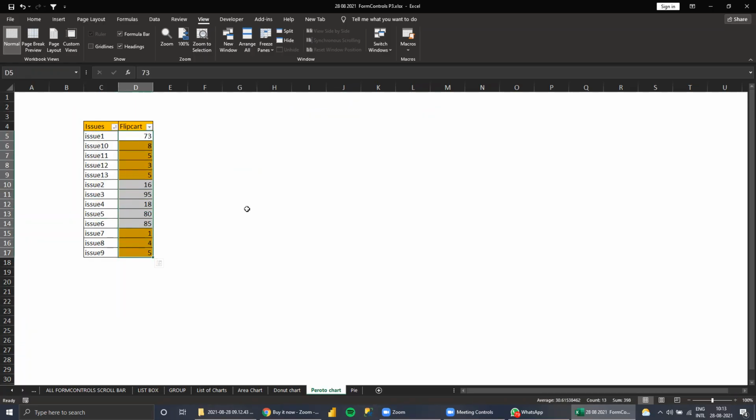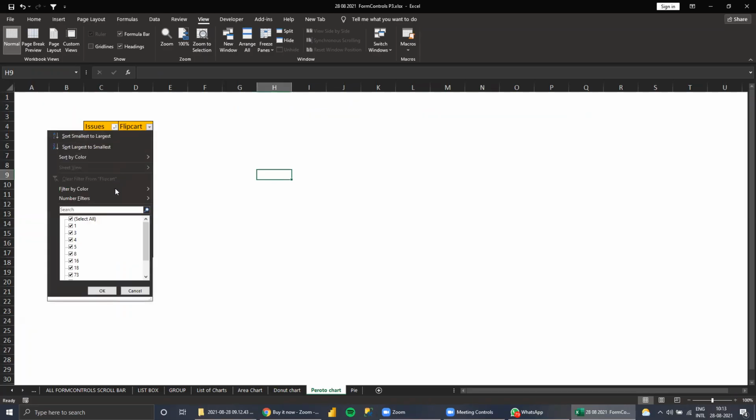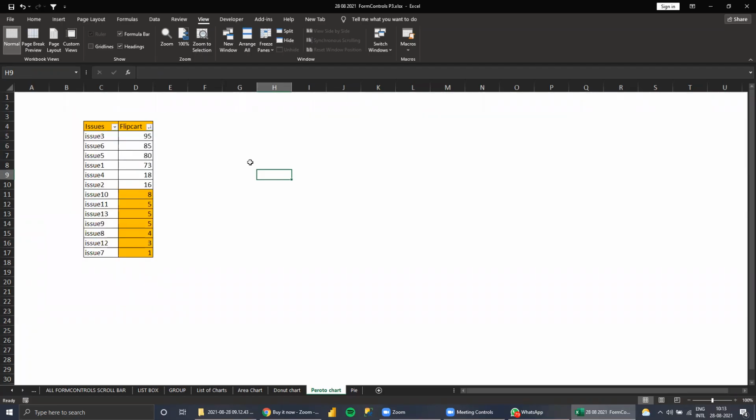How can I show through a chart which issue I need to focus on much? Okay, so for that, the first step is to sort the chart values in descending order.